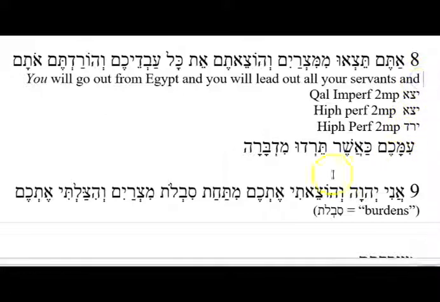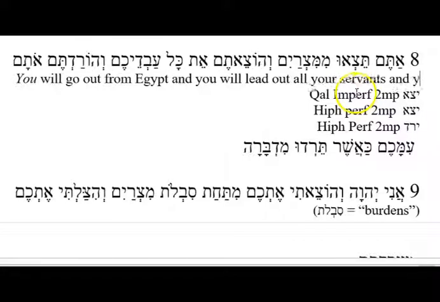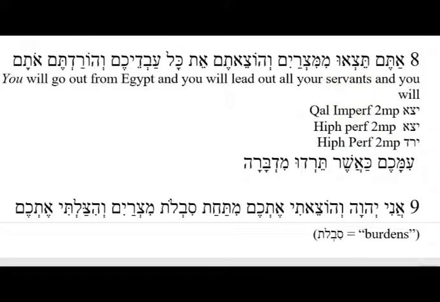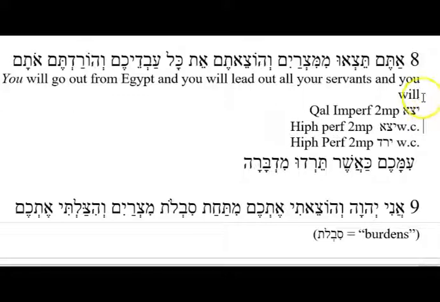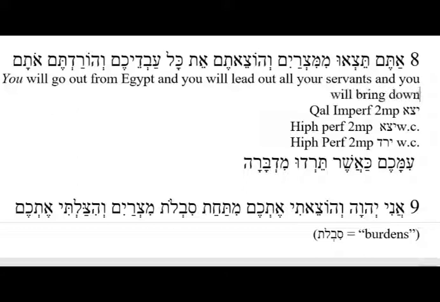So now how are we going to translate this? We'll start with the person, gender, number. You will lead out all your servants, and you will, because it has a vav consecutive, which I failed to put in both of these parsing information. And you will, if yarad in the Qal means to go down, what's it going to mean in the Hiphil? To cause to go down or to bring down. You will bring down